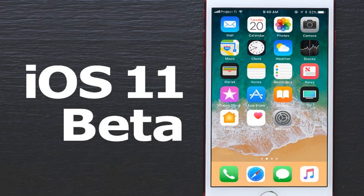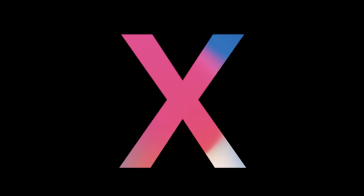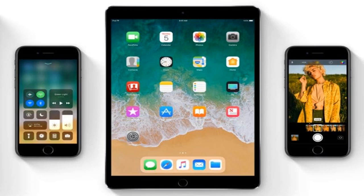The idea of the new feature is to ensure that iPhones can still be useful in situations where the user might be in danger, or if they're having difficulty dialing the emergency services, or if they're unconscious and someone else needs to use the smartphone to make an emergency call. Furthermore, the 5 rapid taps disable Touch ID and revert to requiring a password to be entered into the handset in order to activate it,